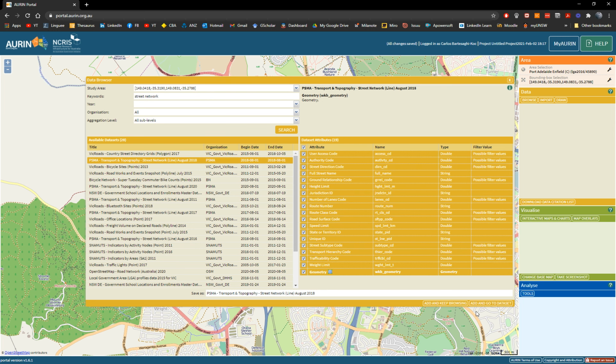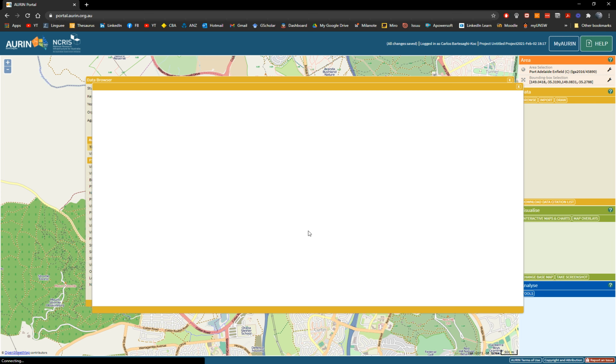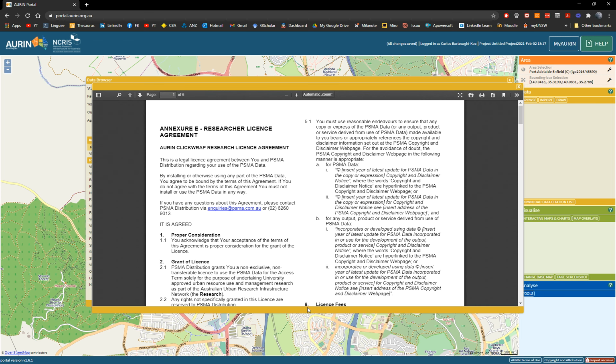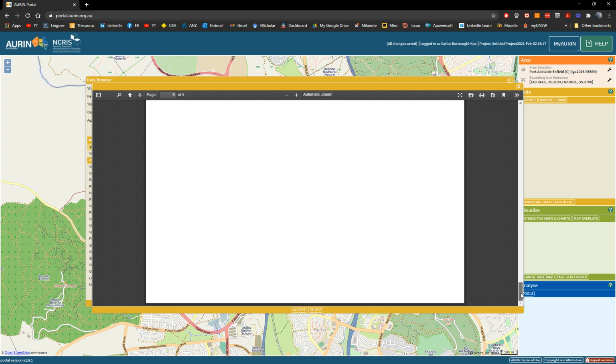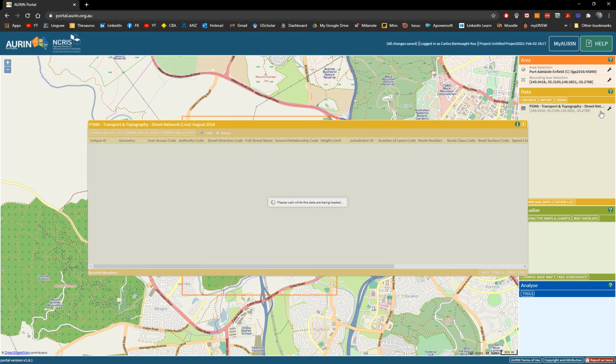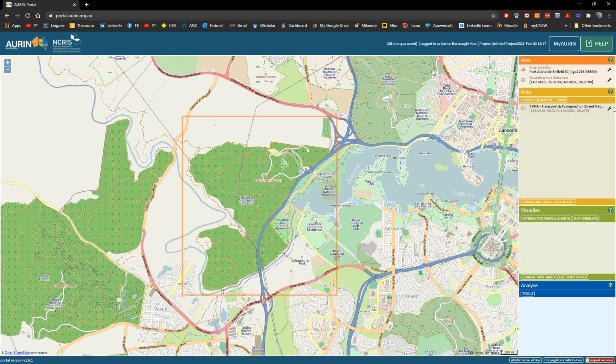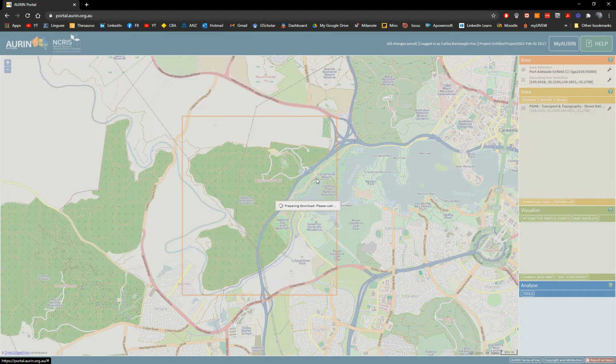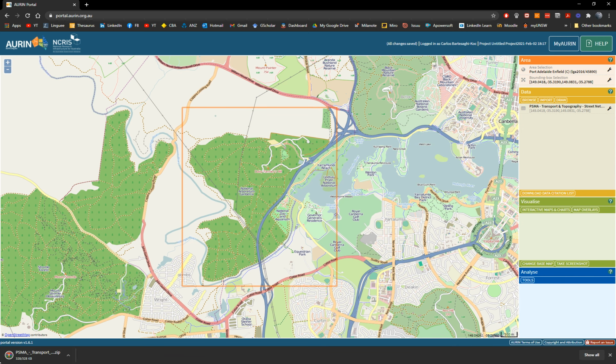I just want something simple, and then add and go to the data set. Okay, you have to agree on the agreement. Otherwise, you can get any spatial data set that gives you the generic location of that place. Okay, once you have this, it's added there. You just right click on this symbol icon, and then you choose download shapefile. And here you have your shapefile. So you go to the folder,